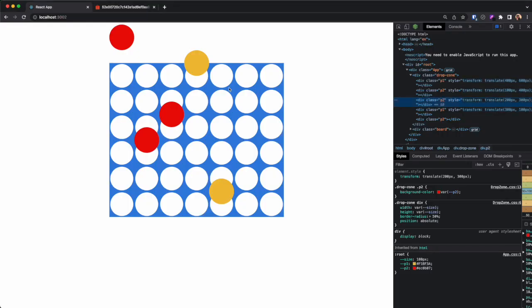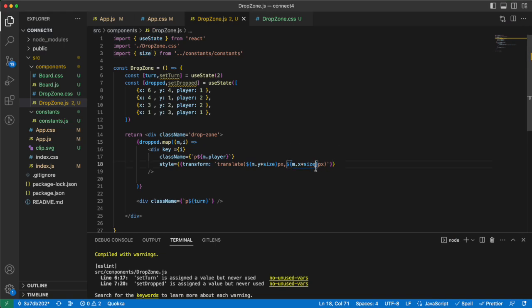Like so. So if we go here, you could see that they are almost in place, but they need to go down. So let's say that this should be plus 50,